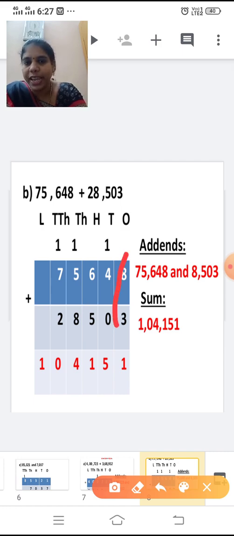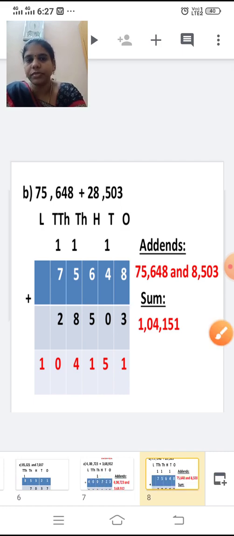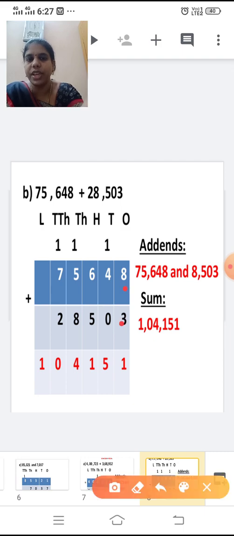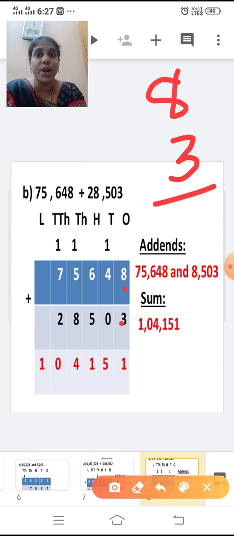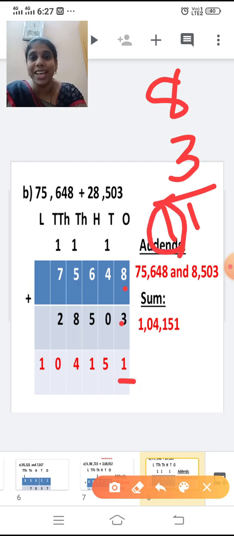Now we are going to add 8 plus 3. Now add and tell me the answer. You are going to tell me the answer now, children. I'm keeping 8 in the mind and 3. After 8, I'm going to add 3 numbers. After 8, 9, 10, 11. So 11, it's a 2-digit number, right? So write 1 here and this 1 is carried over to the next place. That means the tens place.